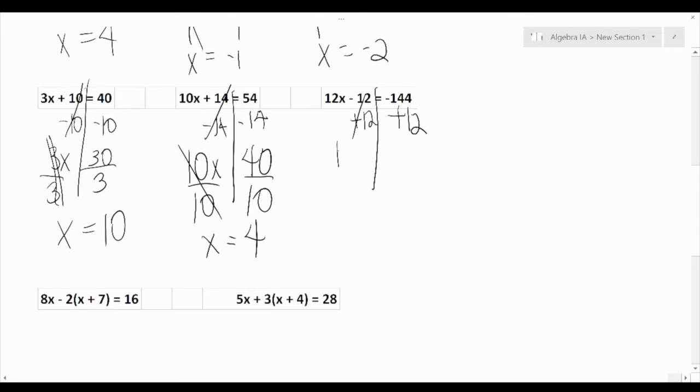Got 12x on one side. Negative 144. We got to make sure you check your sign. Negative 144 plus 12 will give me negative 132. Now, 12. All right, now